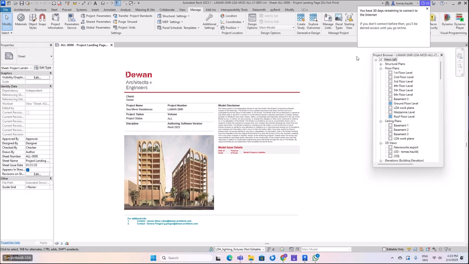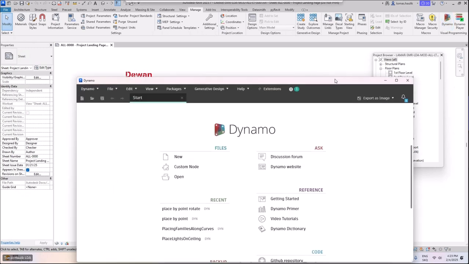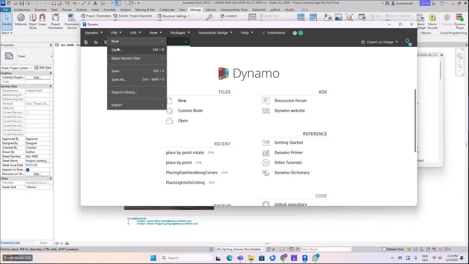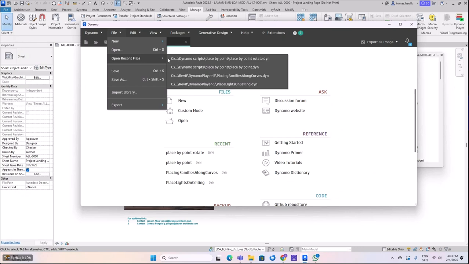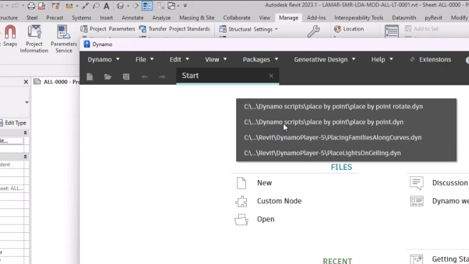We have this Dynamo script. I haven't had the time to put it into Dynamo Player, so it has to be used through Dynamo. What it's used for is we can actually use a DWG with the LDA blocks to put Revit families in the correct position in our project. If I just go here to Dynamo, open recent files and go to place by point.dyn,